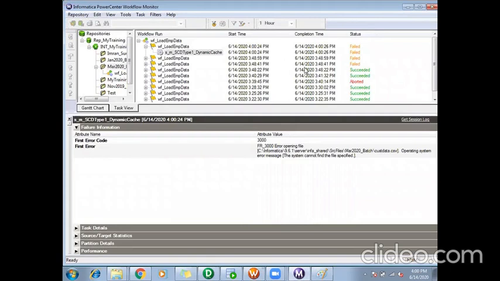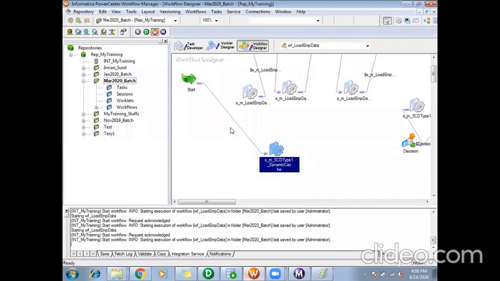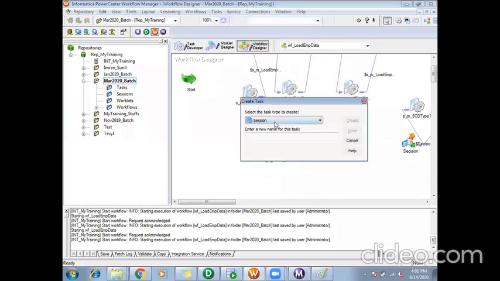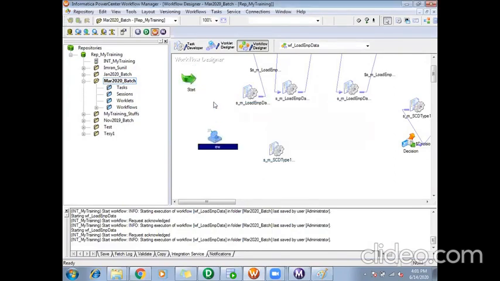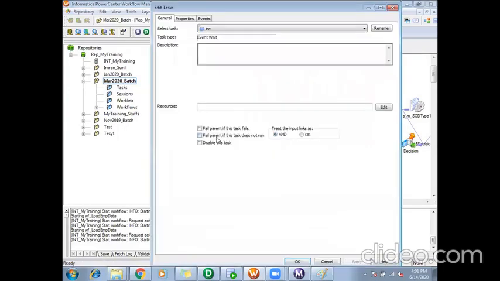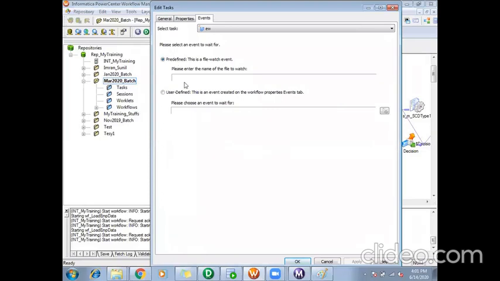So before trying to extract the data from a source file, if you want to ensure the source file is available, you can use this event wait before the session. From start, I'll link to event wait. In the event wait, I'll go to predefined.